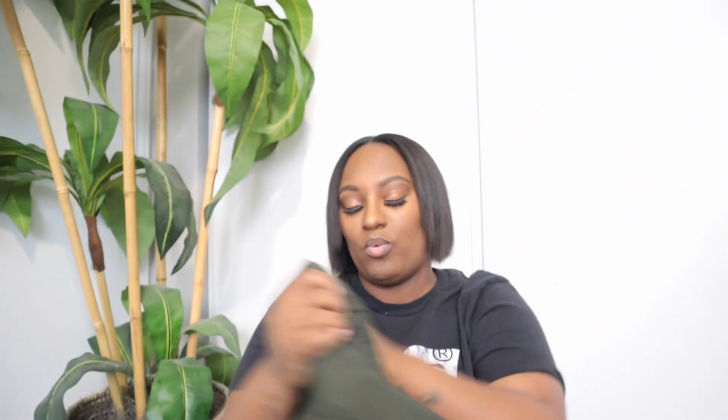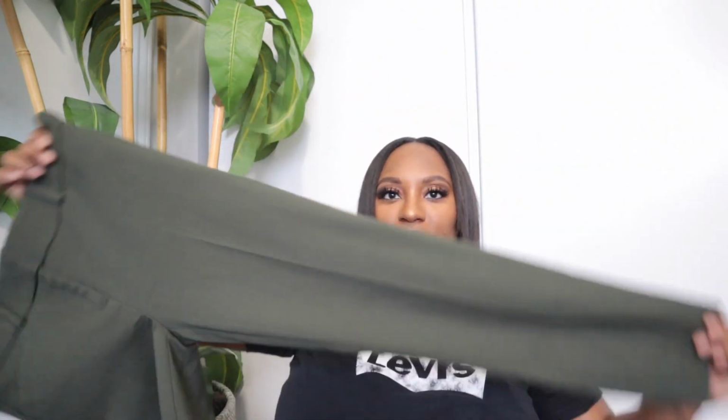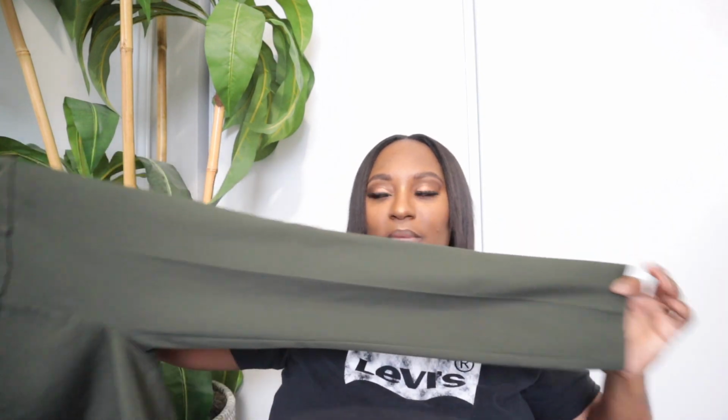All right, so the next one is this pair of Loft pants. These are a work pair of trousers, and they're called the Marissa Skinny. They're a 4 petite, and they're in this really pretty green colorway, and they're just like some ankle trouser work pants. I've been picking up the work style pants because they have been selling. I'll probably slow down because they aren't selling as quickly as I bring them in, so I probably should just reel it back a little bit